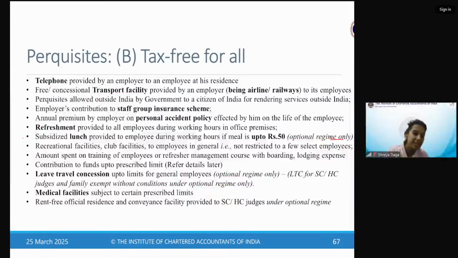क्या ये लिस्ट याद रखना है? मतलब ऐसे तो नहीं आपको पूछेगा कि please list down all the tax free perquisites 1 2 3 4 5 6 7 8, but हाँ, अगर आप इनमें से कोई भी आइटम एग्जाम में देखेंगे तो you need to apply your mind कि भाई ये taxable है कि tax free है। जितना possible हो try to remember the essence, try to understand the logic, it will help you to solve this out, because you cannot remember the long lists,